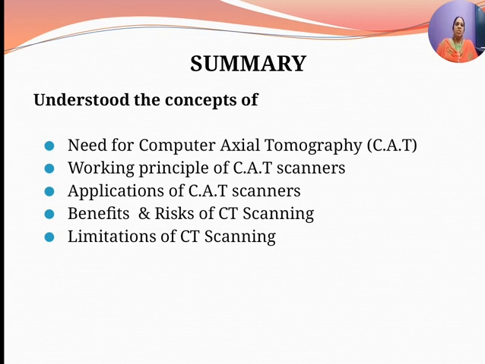Then the working principle of the CT scanner: the patient is made to lie on a motorized couch and is moved into an aperture or a gantry. A narrow strip of light from the collimator is made to fall on the body from the gantry and it illuminates the section to be examined. The detectors absorb the X-ray photons emitted from the body and emit the energy as visible light. This is converted to electrons by the photomultiplier tube and then amplified.